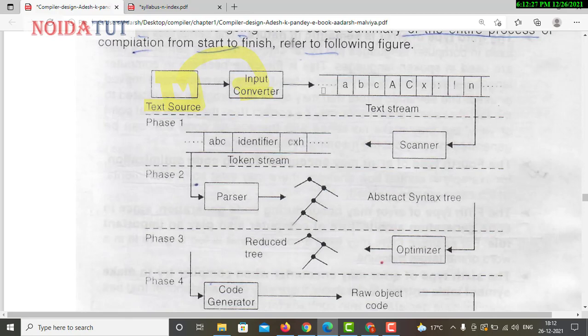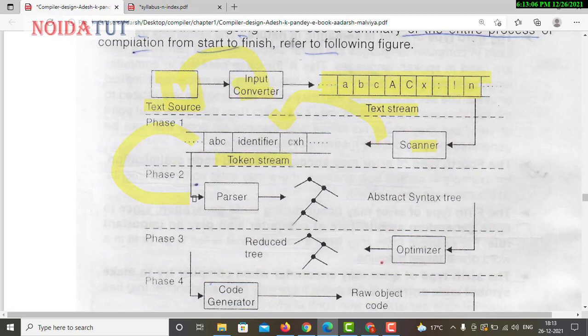Now, whatever it has, it is going to read in a stream, just like you see, a set of arrays. In the array, all the characters and all the digits are stored, and one by one everything is scanned from that. This is known as the head. One by one, all the characters are scanned by the scanner. Then it further identifies what is the keyword, what is a function, or what is a method in that. This is what is called the token stream.